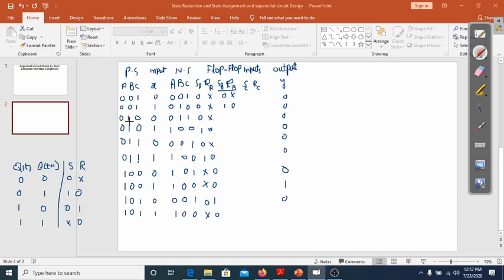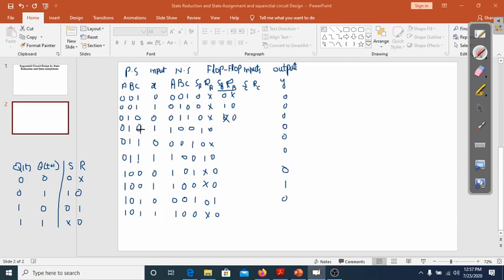So present state is 1, next state is 1. Here you can see, set is don't care and reset is